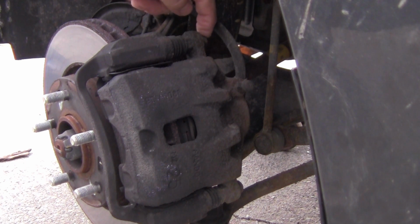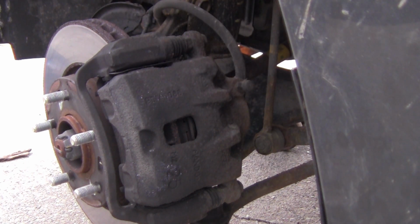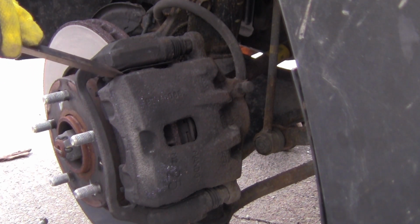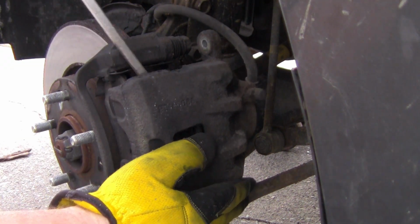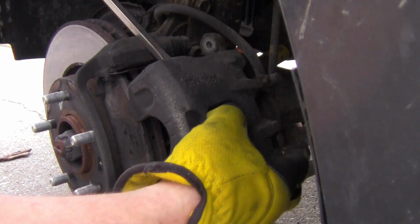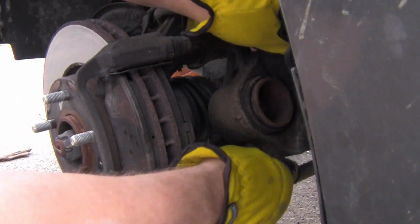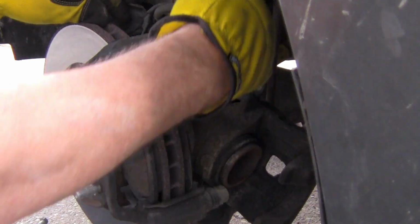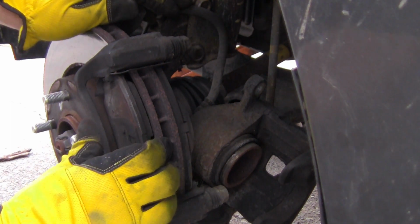You got your 9/16 bolt here and one down here, and I'll go ahead and remove those. Bolts are out. I'm going to take the caliper off. So that came off pretty easily, and it's got a bigger piston in it in the back. Try and put it in here where it's not hanging on the hose, because you don't want that hose to be holding it up. The pads,